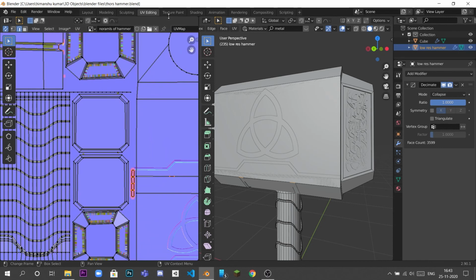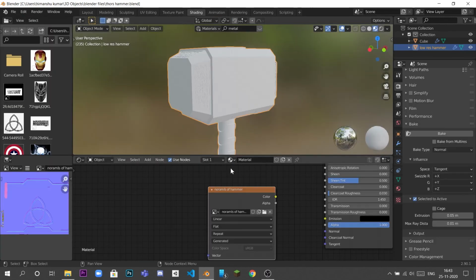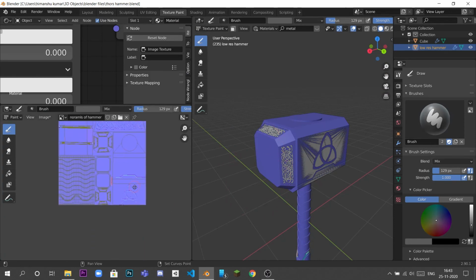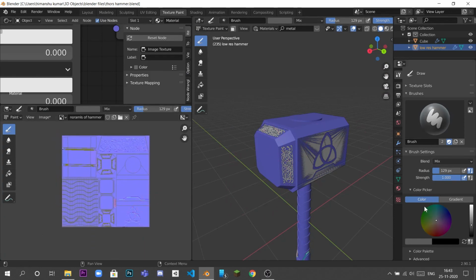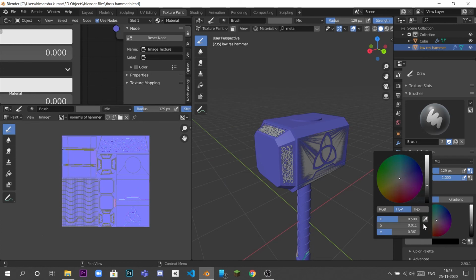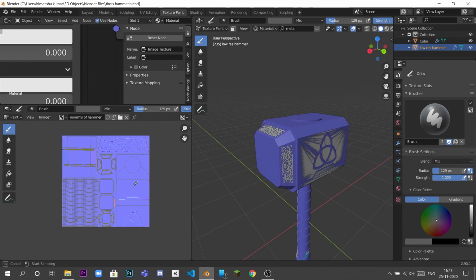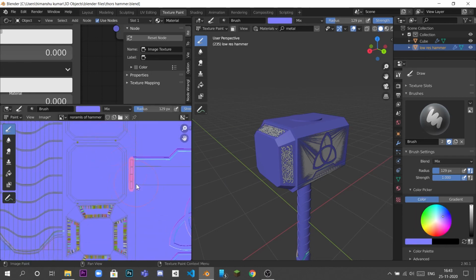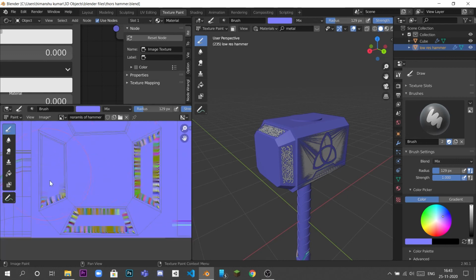We can correct it in a very simple way. We go to Shading, select our texture, and go to Texture Painting. We select the color picker, select this color, and just draw over it.